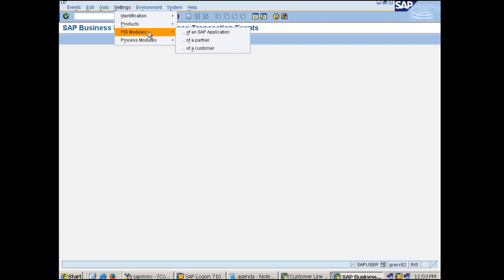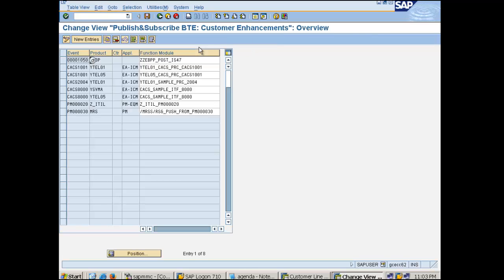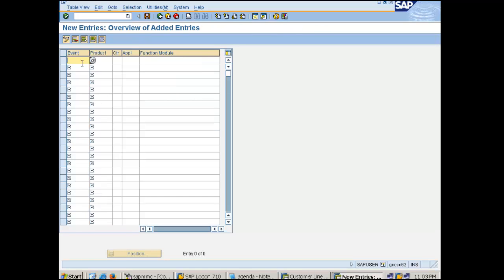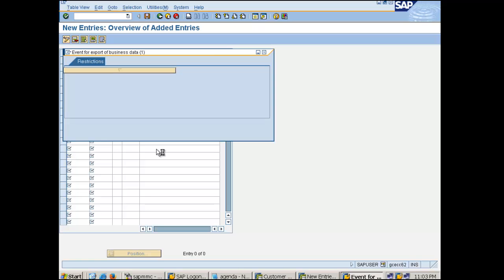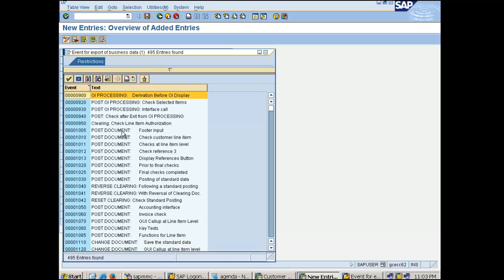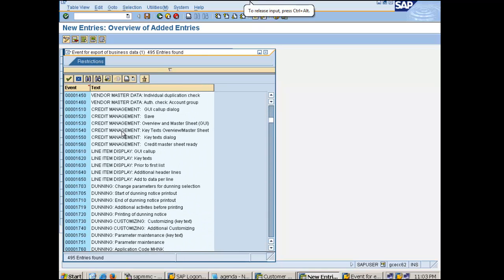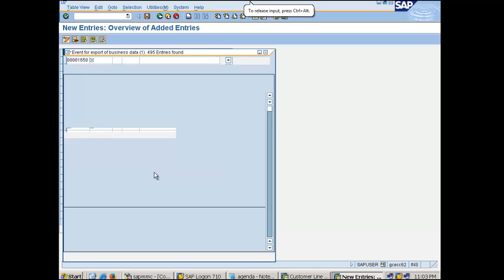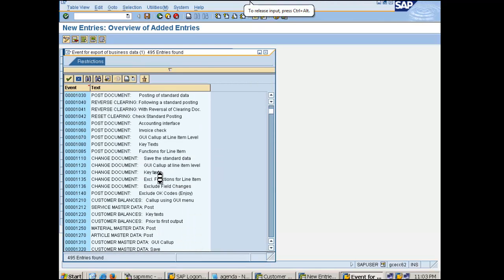Settings, product selection of customer. Okay, and then create a new entry. So my event was, you can do an F4 here, and you can try to see the event 1650. So 1650, which was called inside that